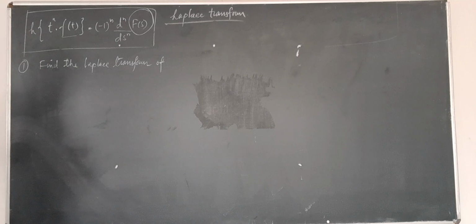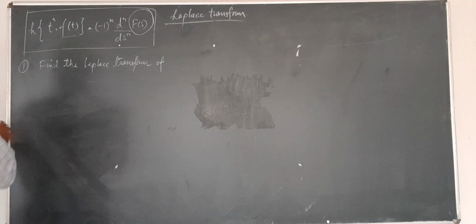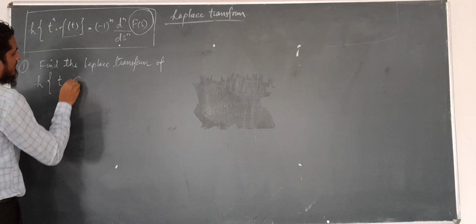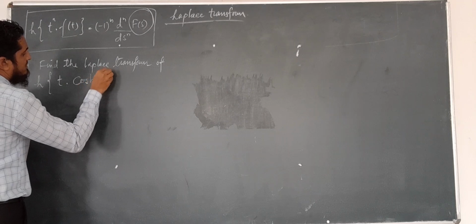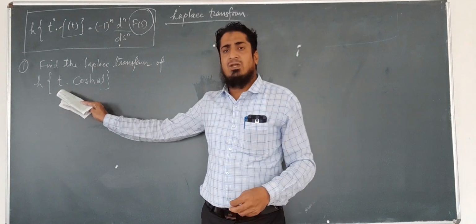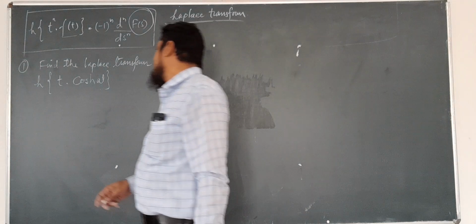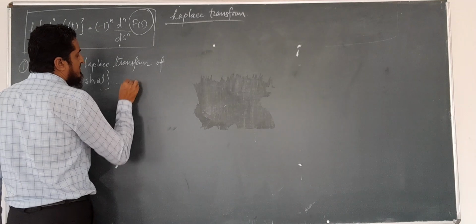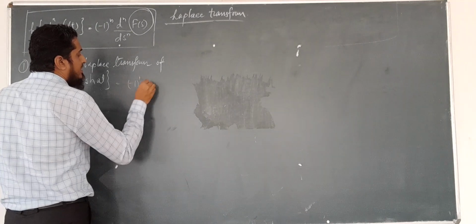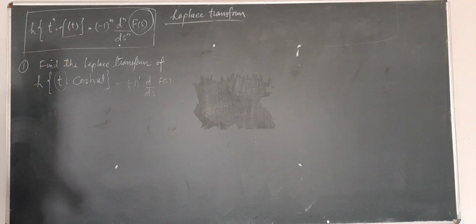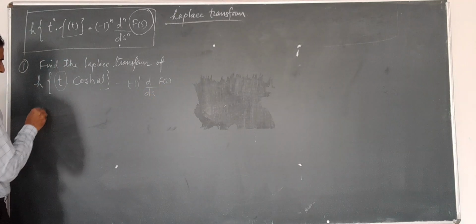We have to find the Laplace transform of t hyperbolic cos at. We have to find the Laplace transform of t into hyperbolic cos at, and since the power of t is 1, we can write it as minus 1 raised to n, here minus 1 raised to 1, d by ds of f of s. And first of all, we have to calculate the value f of s,